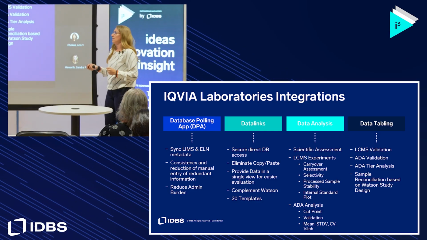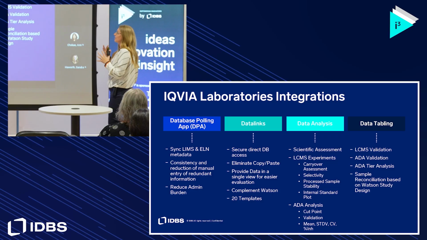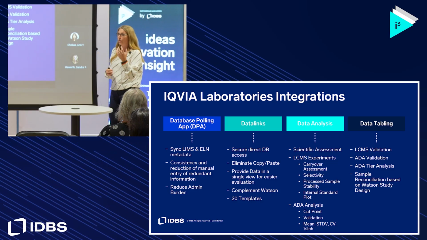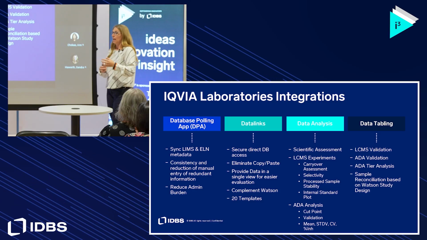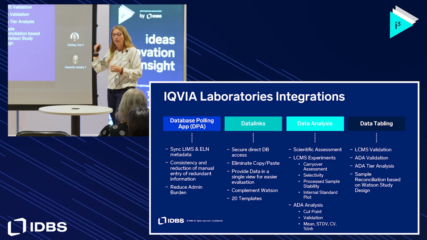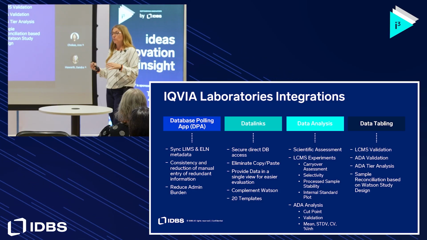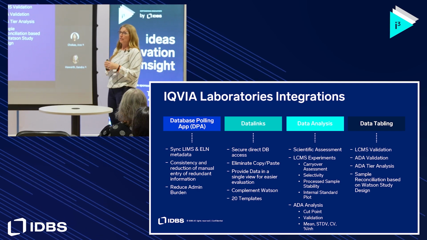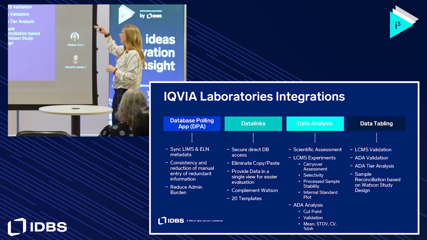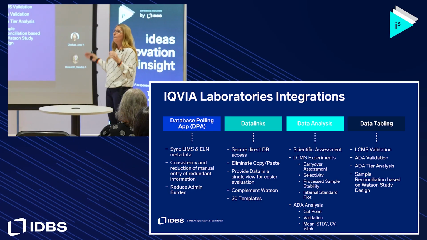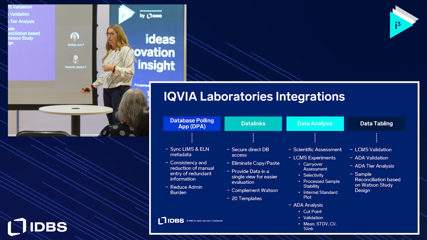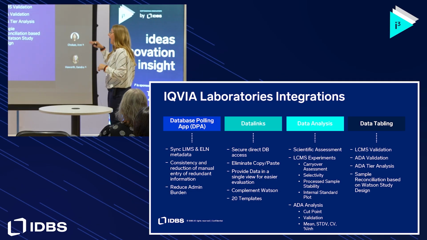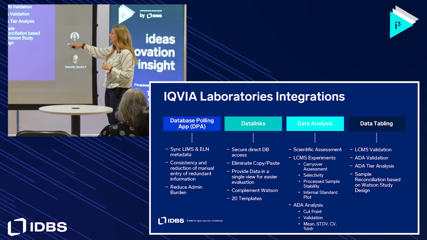So for data analysis, I guess I could say we're integrating with our SOP acceptance criteria. So if you've ever looked at a run or a batch and you were determining per SOP if that batch passed or failed, looking at the standards, are they dropped in the appropriate order, all of those things that a scientific reviewer would look at. We have a lot of templates that we've actually built that acceptance criteria into. So we'll pull lots of data from Watson through the data link, and then as they're performing their scientific assessment,